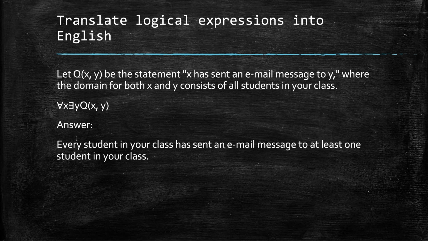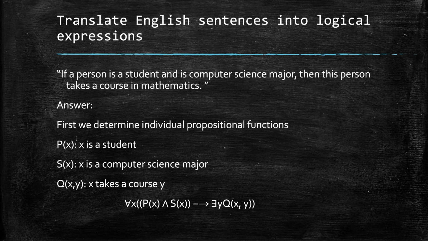Now let's see the opposite, translating English sentences into a logical expression. If a person is a student and is a computer science major, then this person takes a course in mathematics. So first we determine the individual propositional functions to translate this sentence to a logical expression. We say P of x: x is a student, and S of x: x is a computer science major,